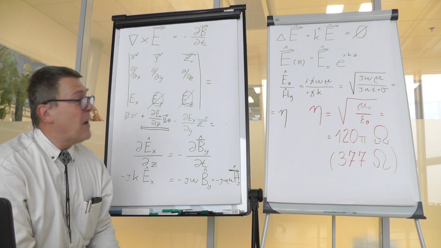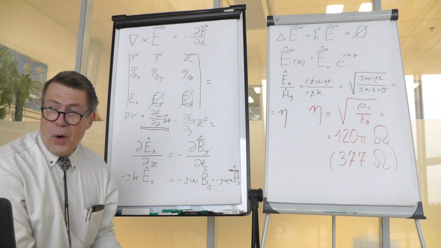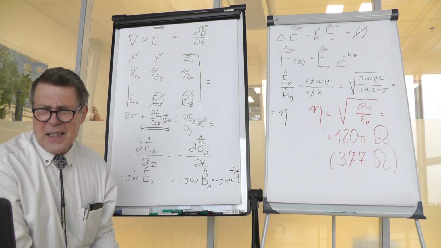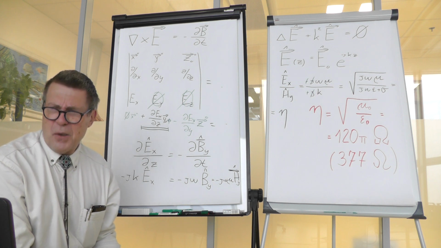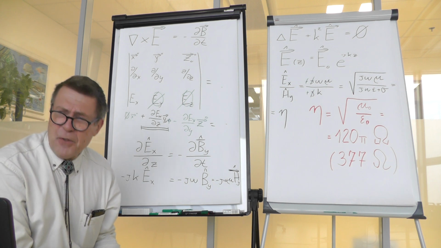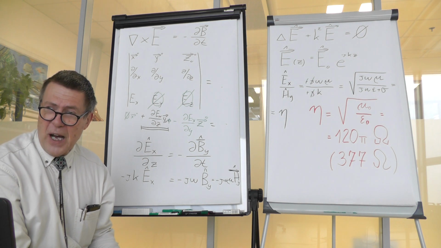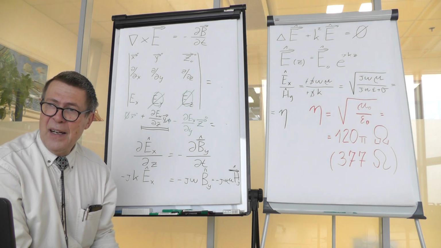And that is the phase shift for propagation of an electromagnetic wave inside a conductor. Well, we will see that there is not much propagation of an electromagnetic wave inside a conductor, but if there was any, it would have a phase shift of 45 degrees. Now we have